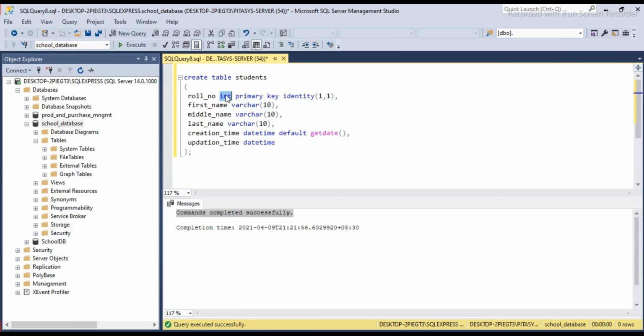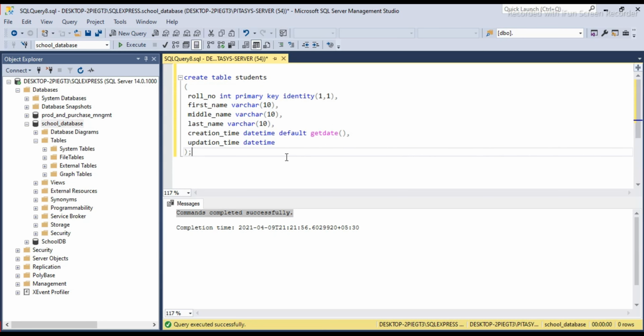This is the data type, which is the format of our field, that is integer, varchar, datetime. And this 10 in varchar of 10 is the size of the field, how much data the field can hold. This indicates 10 characters.